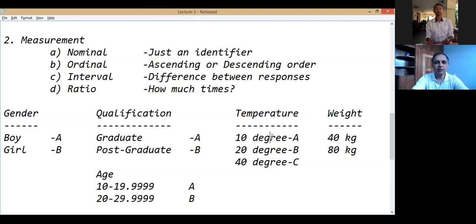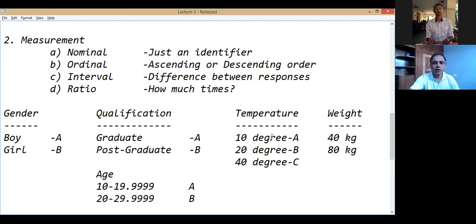Please look for the three once again. A nominal is one where you can simply identify this one or that one, which nationality you belong to, India, Australia, or Canada. So you answered India. Somebody else answers Canada. I cannot say the person who answered Canada is better or inferior to that of person of India. No, it's simply an identifier.